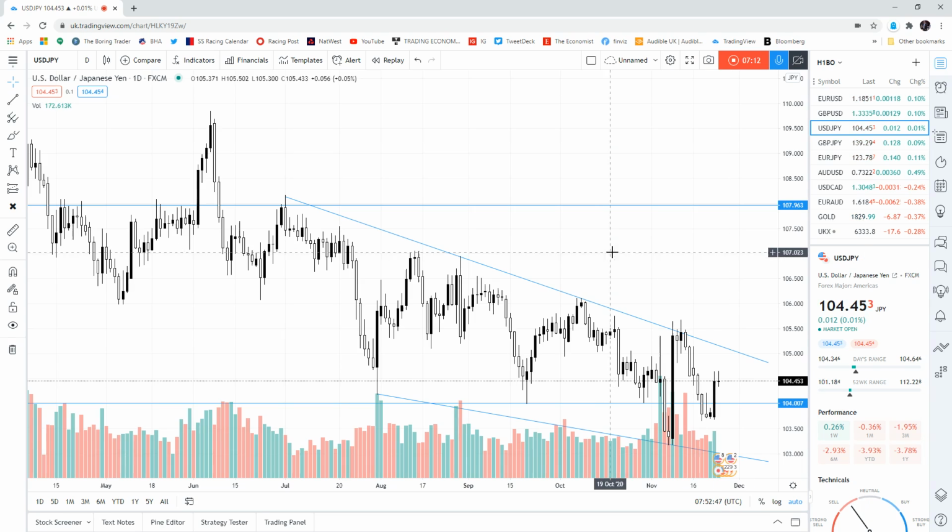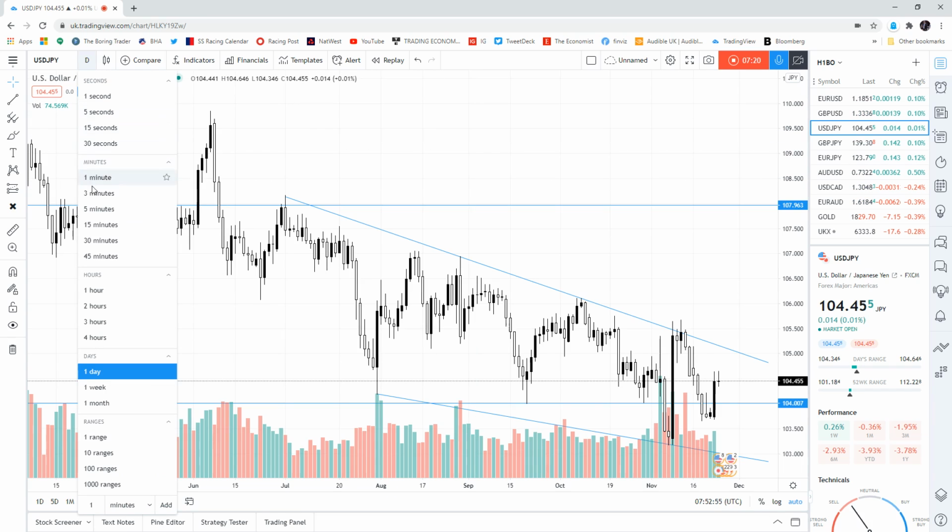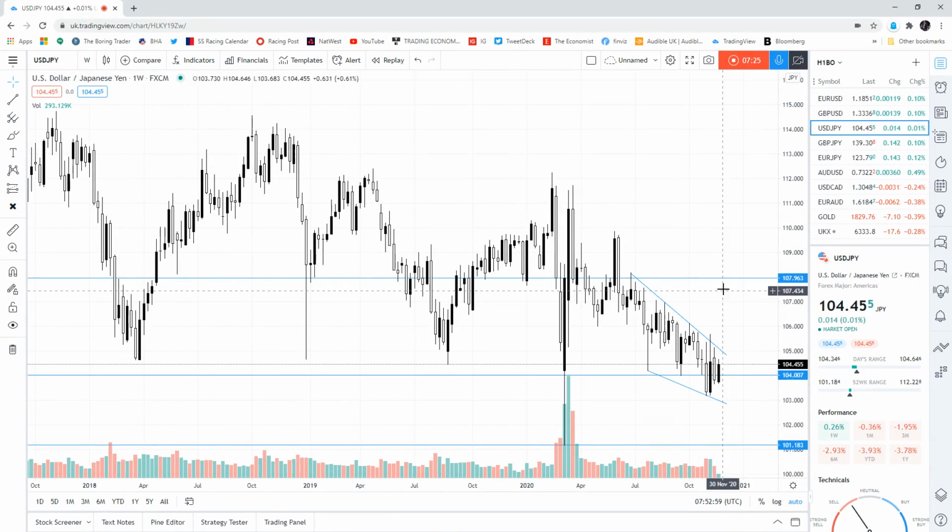Onto UY. Like I said, with these dollar pairs, they all seem to be primed for a breakout. If you look at the weekly chart on euro, dollar yen, sorry, you can see that